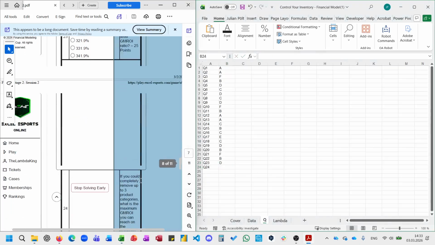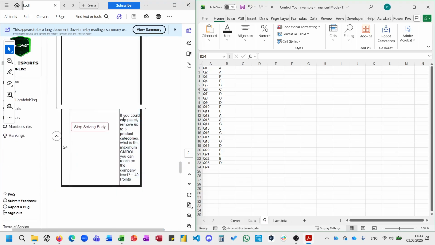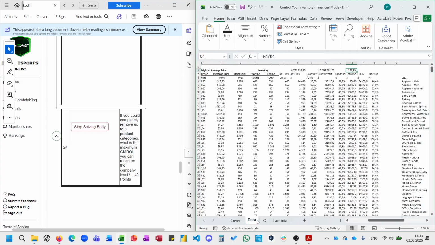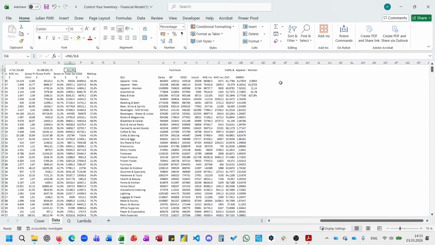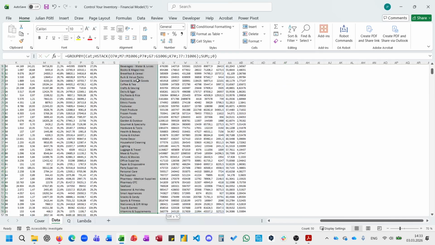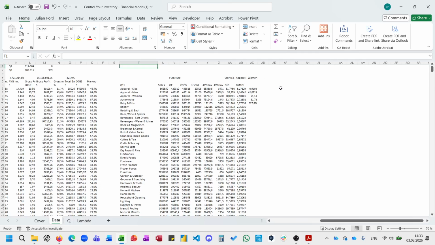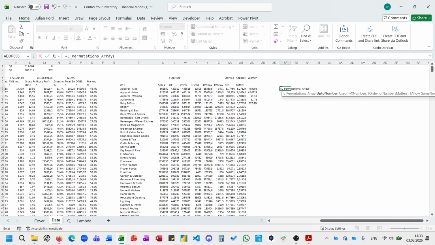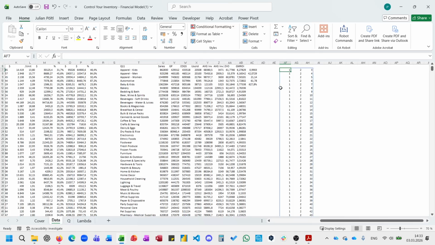And then the last one is a free text. If you completely remove up to three product categories, what is the maximum GMROI you can reach on the company level? And I wasn't intelligent enough to calculate this. So what I did was using PERMUT. Because we have here in total 50 categories, up to number 50, use 3 numbers. Order doesn't matter, allow the same number combination also not. And yeah, I then simply